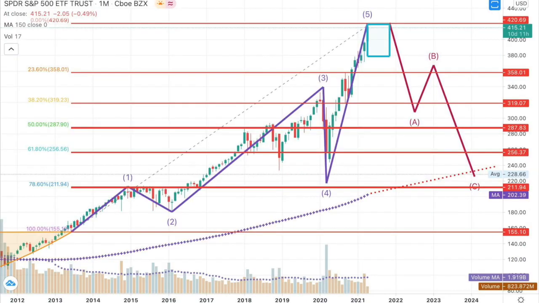Then we have the simple moving average, or the SMA. I described this in my FinViz video, my screener video. Basically, it's the average of the past X number of candles. So the 20 SMA is the average of the past 20. In his analysis, he used the 150, and mine I used the 200.